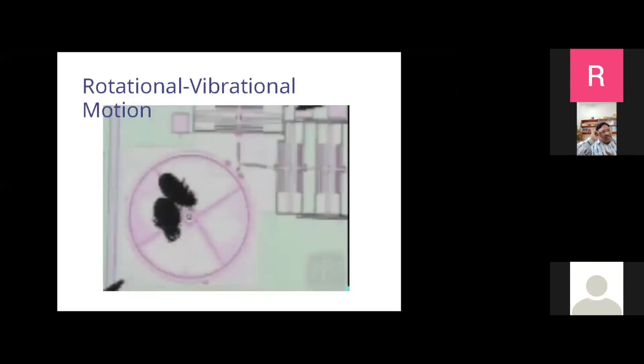This is a SEM photograph of a rotational to vibrational motion converter. You are seeing a wheel which is coupled to a shaft. So when the wheel rotates, the shaft can move back and forth. Or on the contrary, if the shaft vibrates, it can rotate the wheel. So that is a rotational to vibrational motion converter. You also see certain dust mites put on this. That is for the size of the objects.